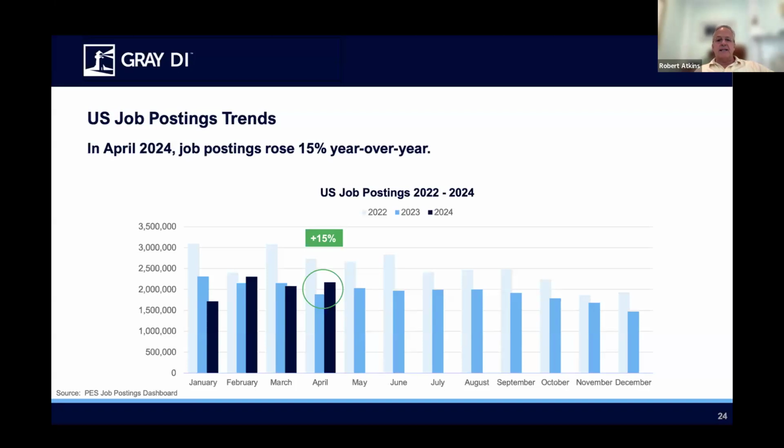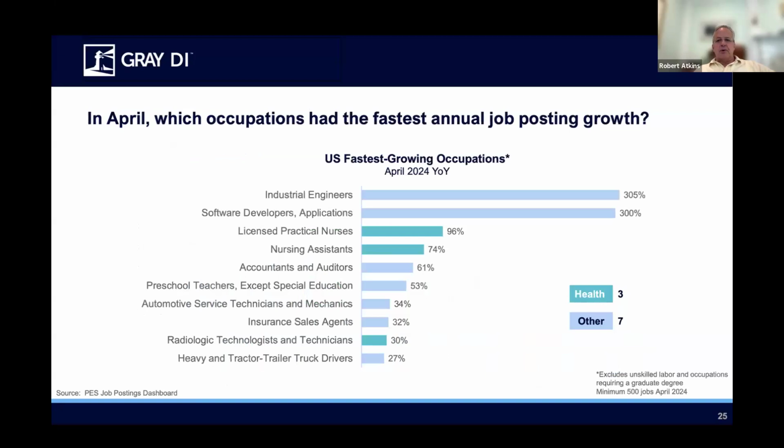We just got done back testing it recently. It doesn't explain everything. Don't misunderstand, but it is very highly correlated with college enrollment. So if you're trying to understand what might be happening to you in the near-term future, that's a very good indicator to track. In April, what grew fastest?